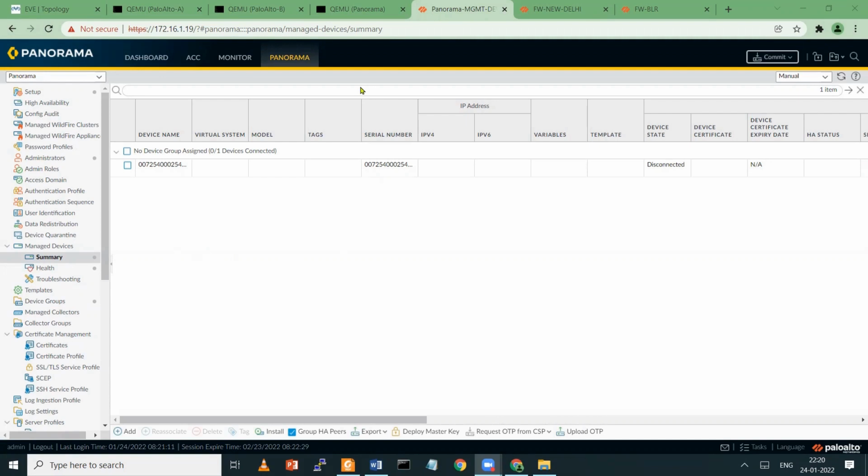As of now, if you check here in Panorama, we are not getting the policy and object tab. But when I add a device group here, we get the tab of object and policy. After 10 seconds, as I did refresh here, you can check it is showing the IP address which is connecting from the firewall. It is 56, and it says status connected. All right.